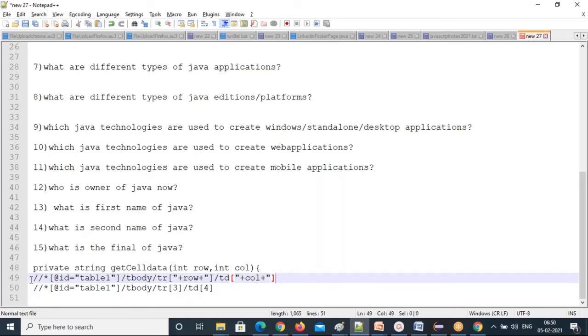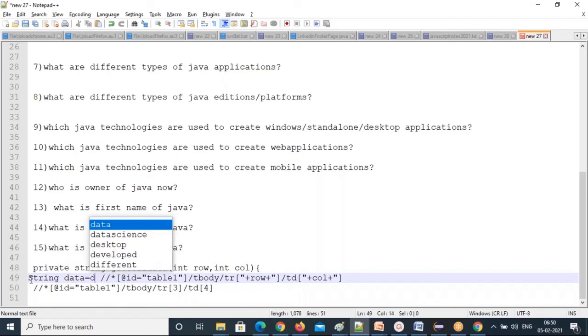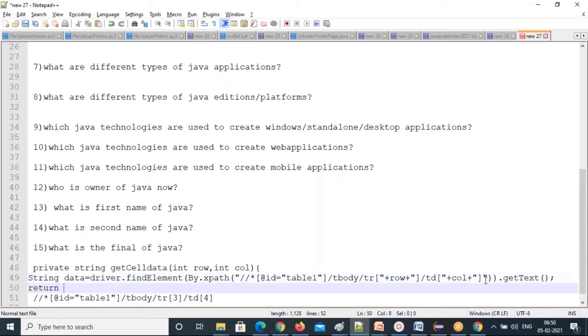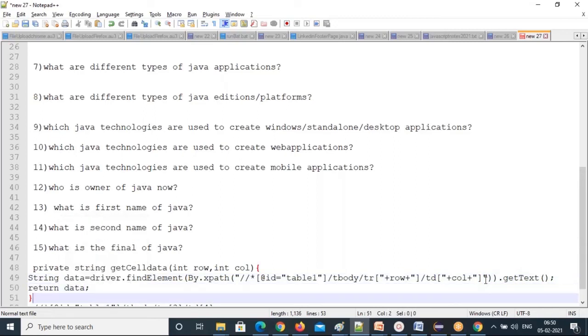You just write: String data equals driver.findElement(By.xpath(...)).getText(). Anyway, I'm giving the complete code for you, it's just the method I'm giving. The remaining thing you automate. This is the complete method, and then return data, the return type method.